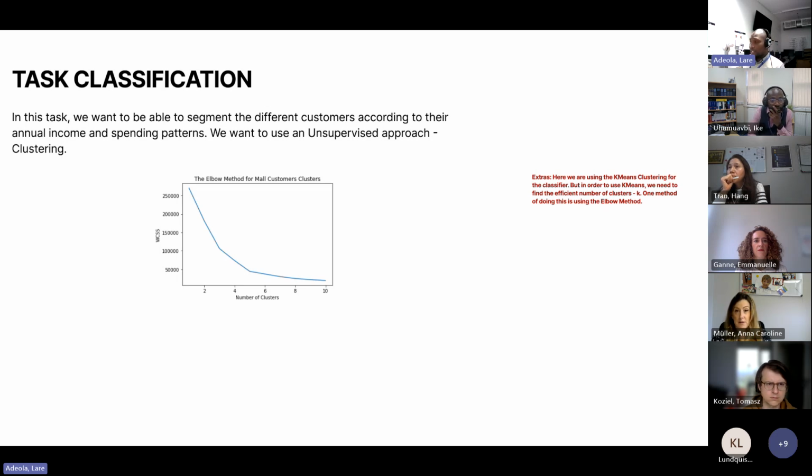So we're using k-means clustering for the classifier. The k-means will be spoken about more in the next lecture. But in order to use k-means, we need to find the efficient number of clusters. Before we can apply the algorithm, we need to know what is going to be the efficient amount of k, which is clusters, in this particular data. So right now, let me open